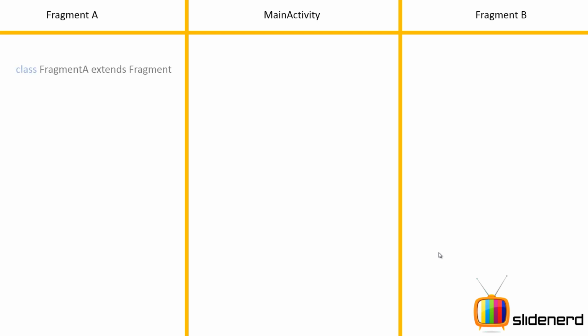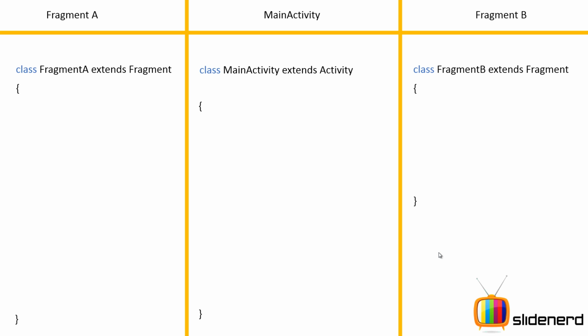you how that works. So we have a fragment A that extends fragment, we have a fragment B that extends fragment, and our main activity which extends activity. Now we want to make sure that we set up communication between fragment A and fragment B through the main activity. Now we have an interface called communicator which has a single method called respond, which takes some string parameter